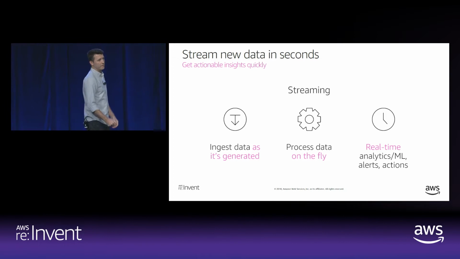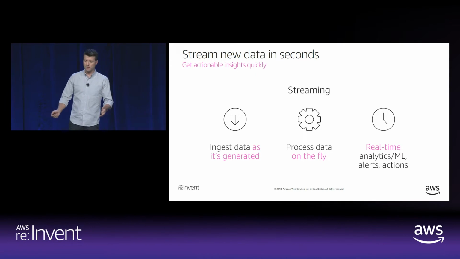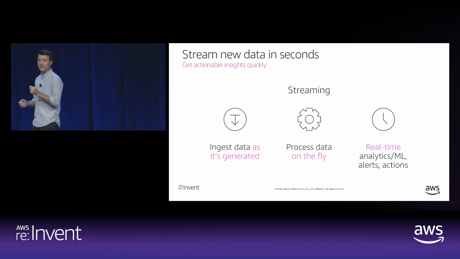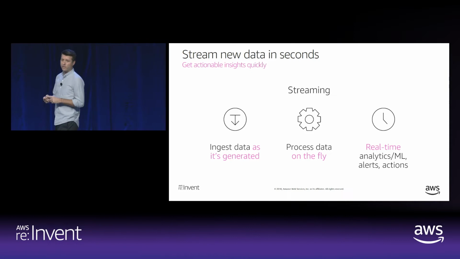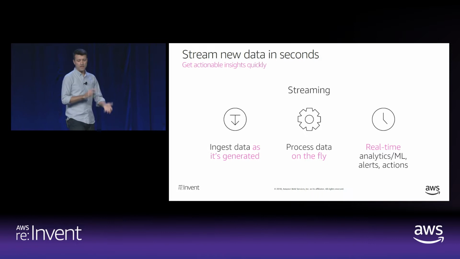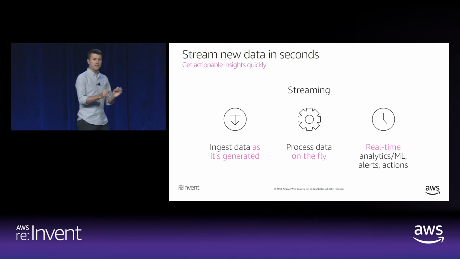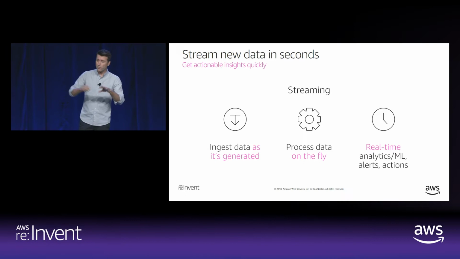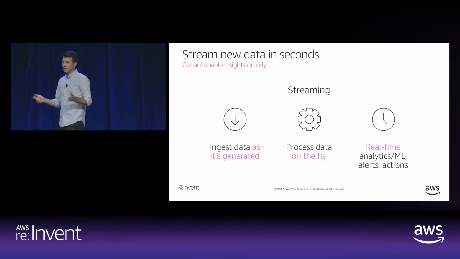Through streaming. Those transactions get streamed. Streaming means ingesting the data as soon as it gets generated, processing that data on the fly, and then doing some kind of analysis, doing anomaly detection on it, some kind of machine learning, doing alerts or actions as soon as you learn something from that data. So this whole thing is what we're calling streaming data. And there's different technologies to enable this. But the concept is streaming data.